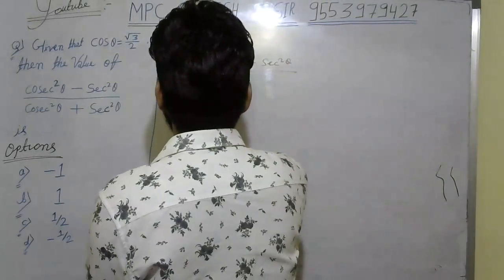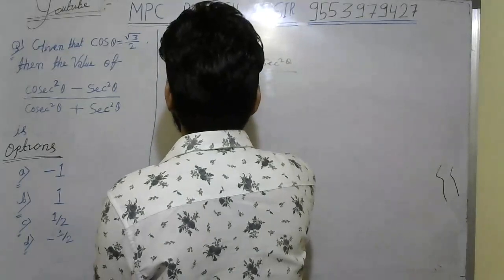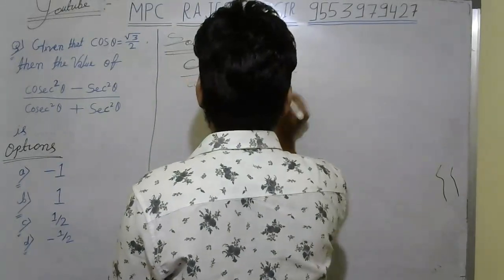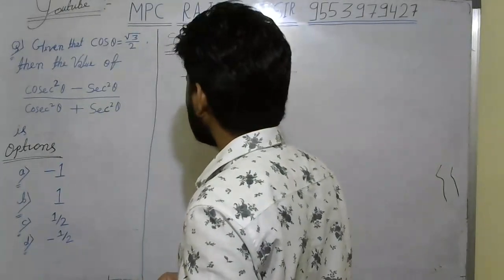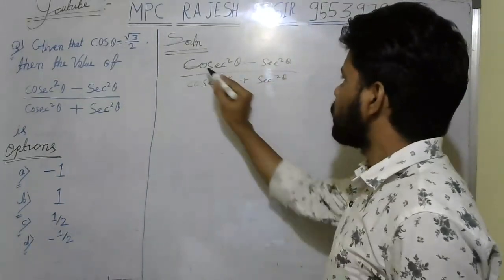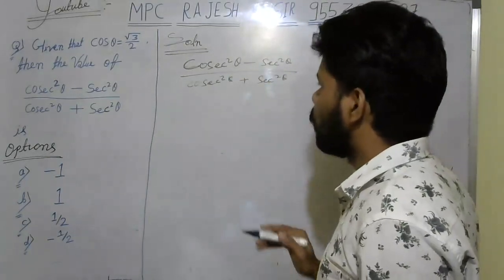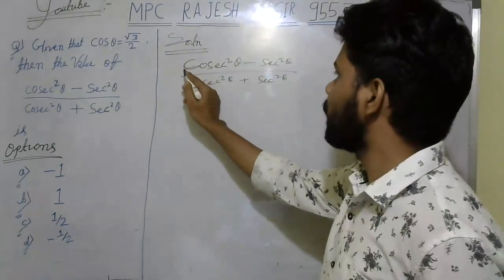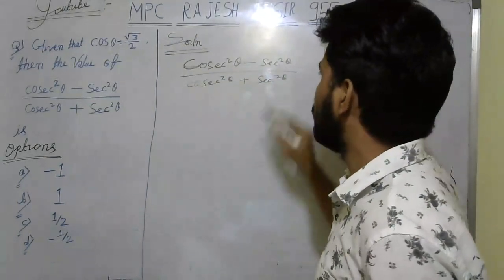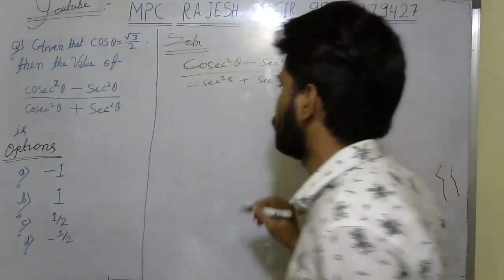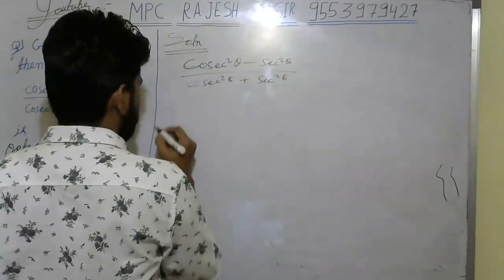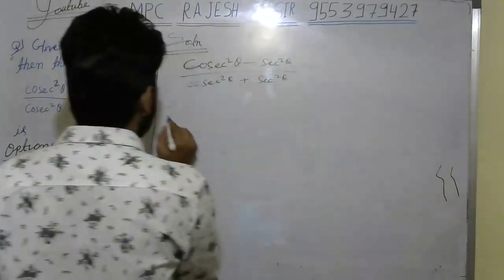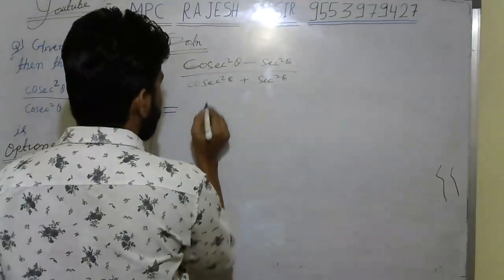Take this: cosecant square theta minus secant square theta upon cosecant square theta plus secant square theta. Now what will we do? This is cosecant square theta and this is secant square theta. Whatever is given in the question, you can convert into sine and cos. So my target is to convert cosecant into sine and secant into cos. So cosecant converts to 1 by